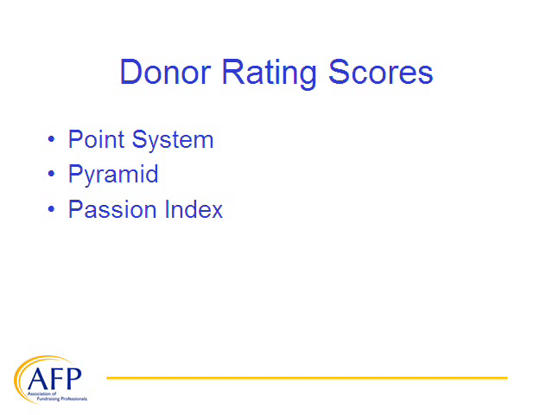For example, one of the measures of the passion index, which I believe was developed by a firm that Epsilon now owns, by a gentleman named Charles Longfeld: if a donor voluntarily tells a nonprofit organization that they have an address change, that would be part of the passion index. If you care enough about an organization to say, I've moved, then you are telling them that you care about them. You want them to be able to find you.